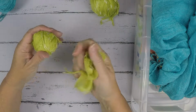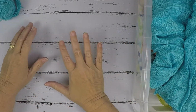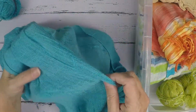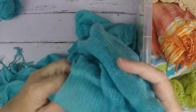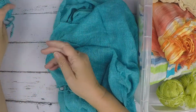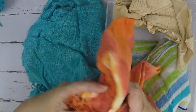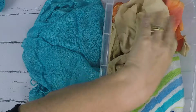And I was in the middle of making these today. I've got quite a few to make, and I thought, you know what, I think I'm just going to go ahead and jump in, and I'm going to show you how I'm doing this. This one I haven't used in many years, and it has stains on it that won't come out. And so I thought, well, you know what, instead of just throwing it away, I'm going to make these strips. Okay, so let me put this down, and I've got other ones too here that I'm going to be doing it to. Most of them are cotton. This is actually tea dyed, a tea towel that I made, and I'm going to do it with this as well. So stick around,